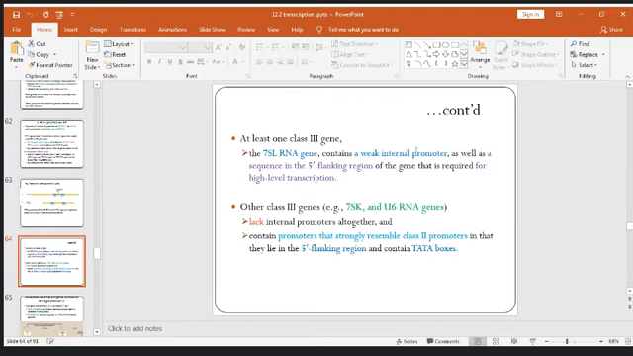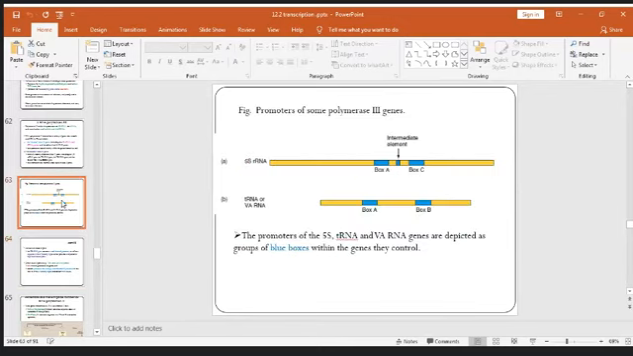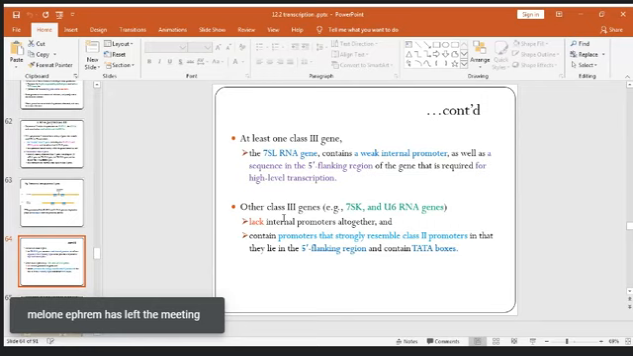And at least one class 3 gene, when we see the 7s cell RNA gene, it contains a weak internal promoter as well as a sequence in the 5 prime flanking region of the gene that is required for high level transcription. 5 prime ላይ inside in the high level transcription የሚያስፈልግ box of gene ይኖራል